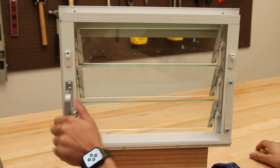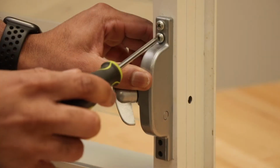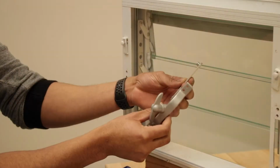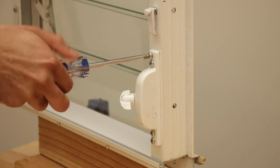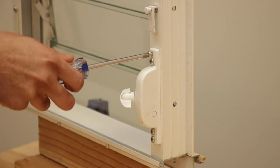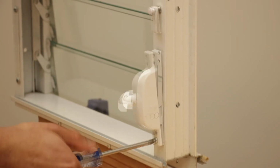In this video, we'll be replacing a Jalousie operator. For this project, you'll only need a Phillips screwdriver. First, you'll need to uninstall your original operator by unfastening the 4 outer screws and the screw that's holding the